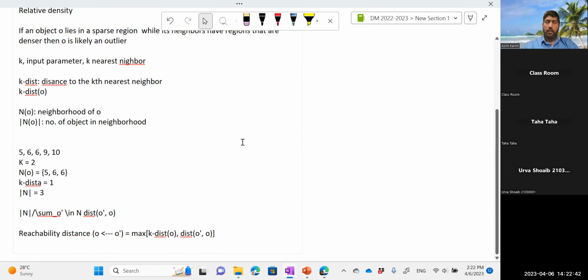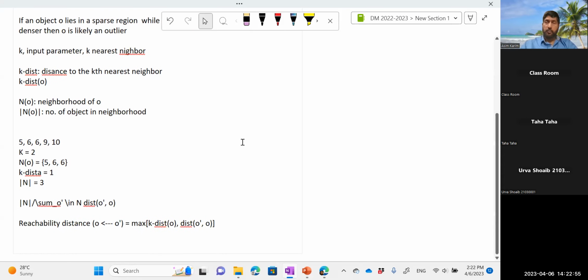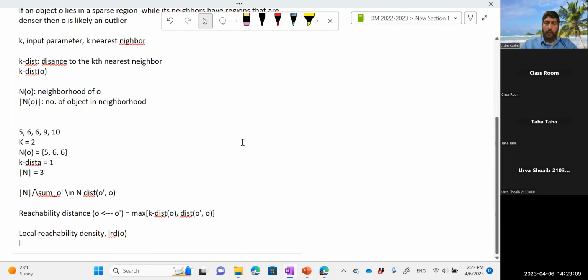ठीक है. तो RD of O, basically O prime to O is given by this formula, and it's basically meant for smoothing. And then based on this, we now define the density, which we call the local reachability density. ठीक है. और LRD of the object O. ठीक है. सो LRD of O, so this is basically जैसे पहले लिखा तो वही चीज बनेगी, but now we are using reachability distance, n